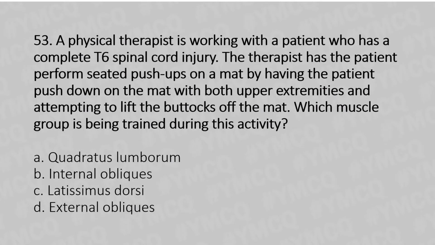A physical therapist is working with a patient who has a complete T6 spinal cord injury. The therapist has the patient perform seated push-ups on a mat by having the patient push down on the mat with both upper extremities and attempting to lift the buttocks off the mat. Which muscle group is being trained during this activity? Option A. Quadratus lumborum. Option B. Internal obliques. Option C. Latissimus dorsi. Option D. External obliques. And the answer is